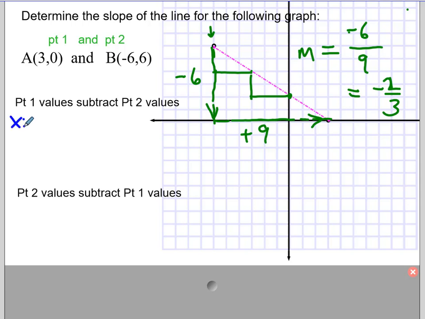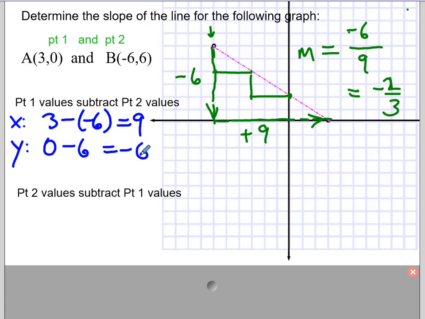So if I look at the x values, point 1, 3 minus -6, watch the double negatives, there's the 9. Y values, 0 minus 6, there's that negative, so if we bring those together, there's -6/9, which we've already seen, and we know that reduces. If we go to purple,